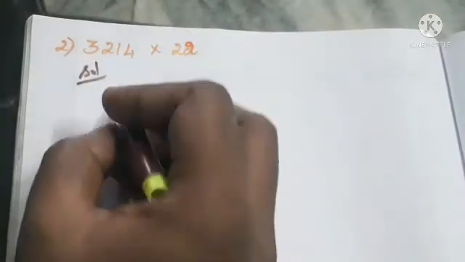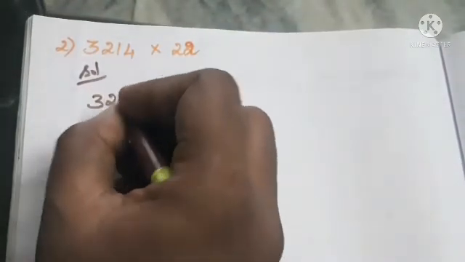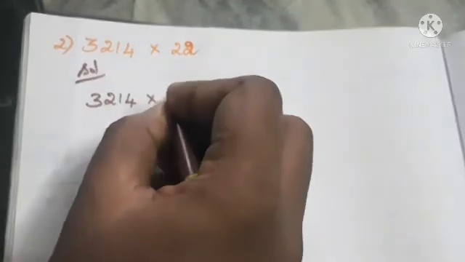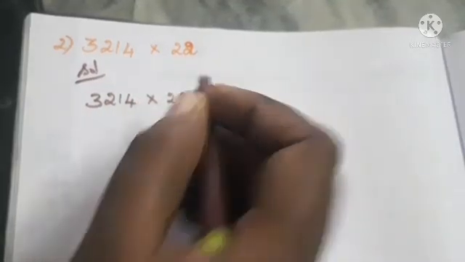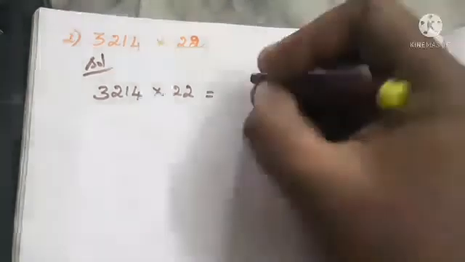So we can split the numbers first. Before that we can write the solution, and we are going to multiply 3240 by 22. So first we can split the 3240 as